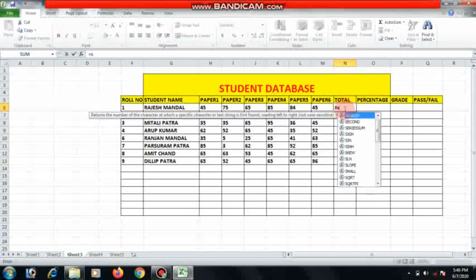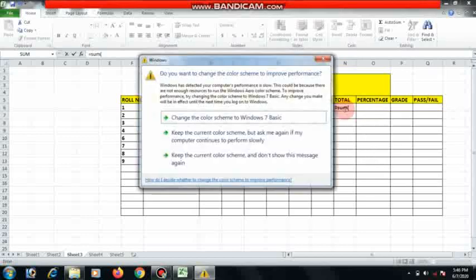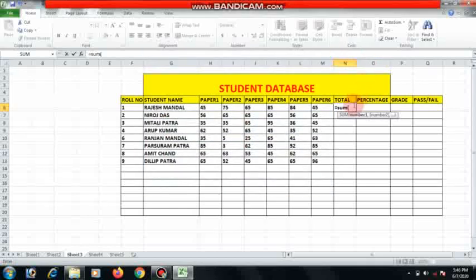Equal SUM, then 45 plus 75 plus 65 plus 86 plus 84 plus 45.